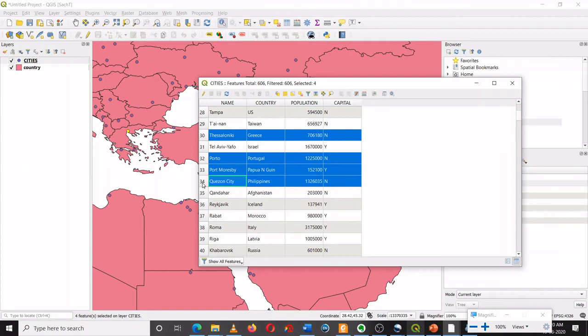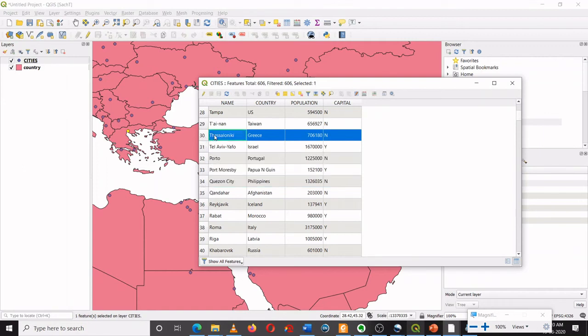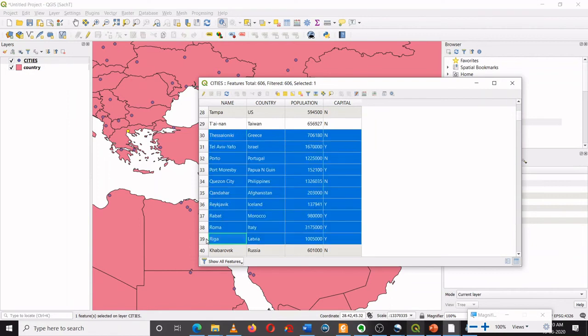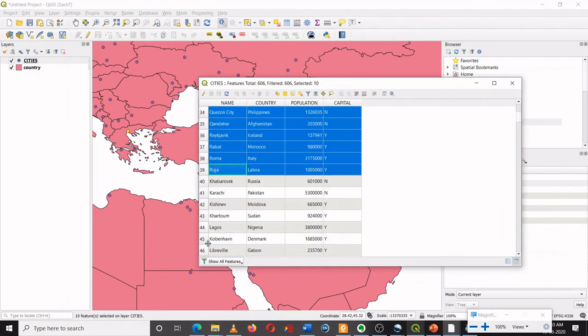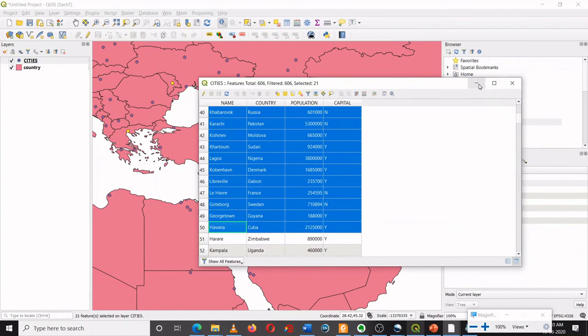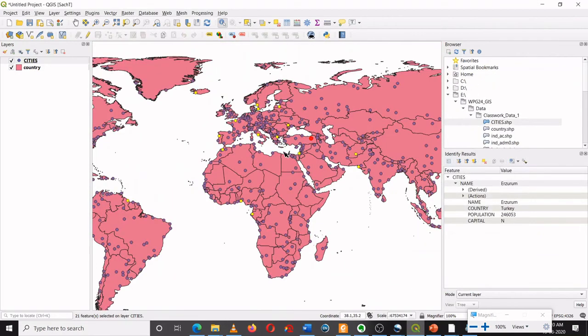Or if I want to drag from here to this city, I can press shift, so it will select all the in-between rows. Now I can minimize this, and I can see a few cities getting highlighted with the yellow color. I can deselect them all again. So it's a normal feature.